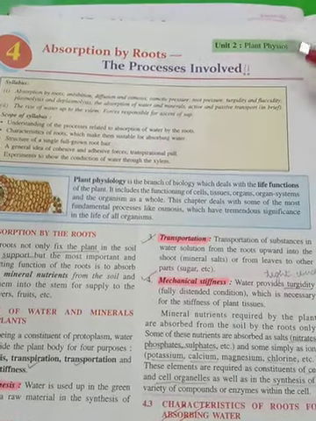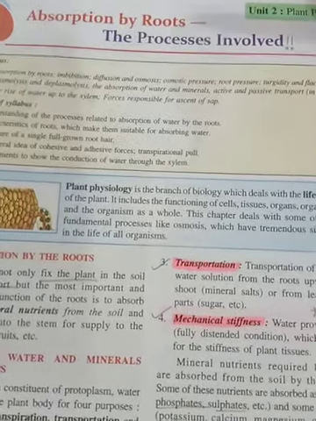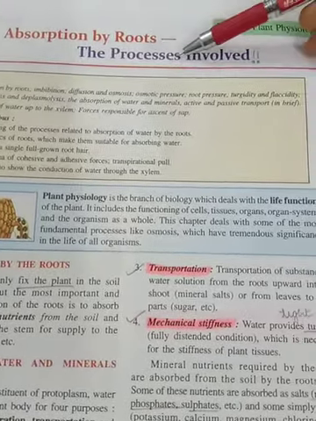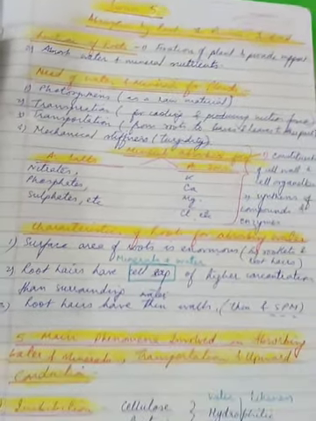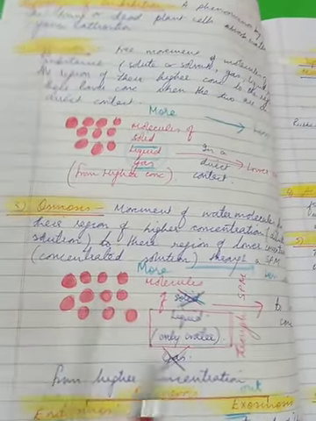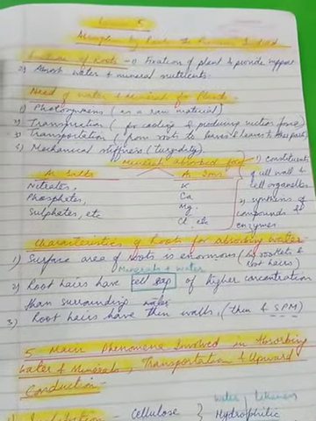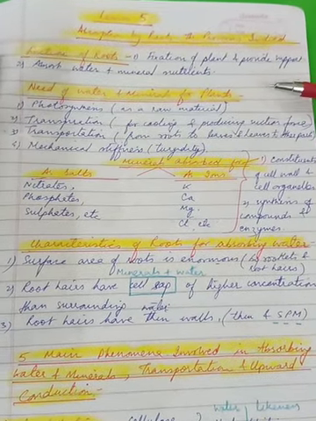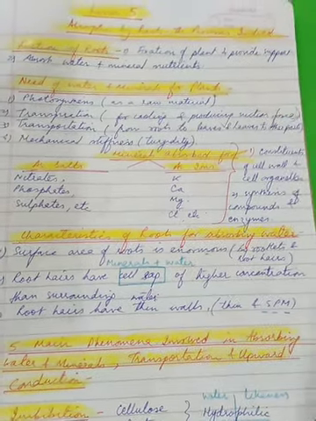Good afternoon, children. In my previous video, we started with our new lesson, Absorption by Roots, the processes involved. This chapter for us from the beginning is lesson number 5, and while uploading the video, I realized the things were not very clear. At places, the video is very blurred. So today, I am going to make a new start to the topic once again, which I am very sure those who have followed will certainly revise, but those who haven't been able to understand, it's definitely for you children. Alright, so let us begin.